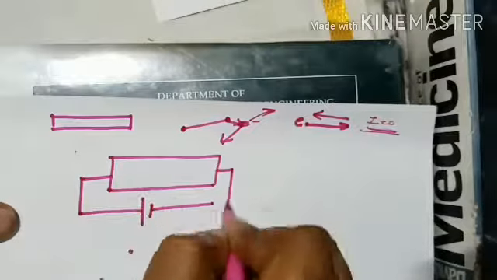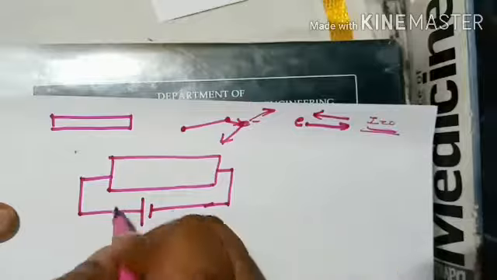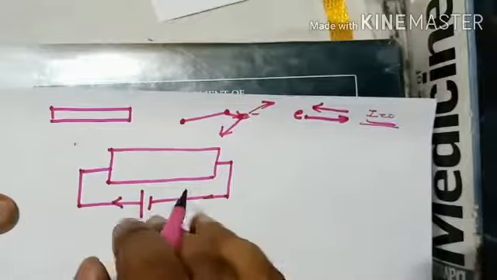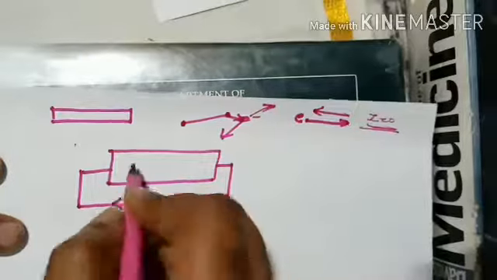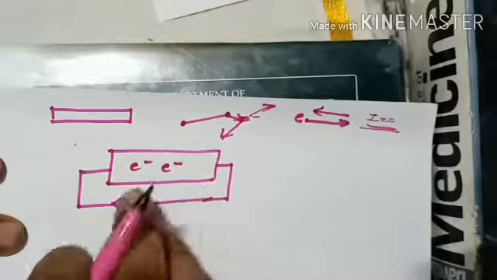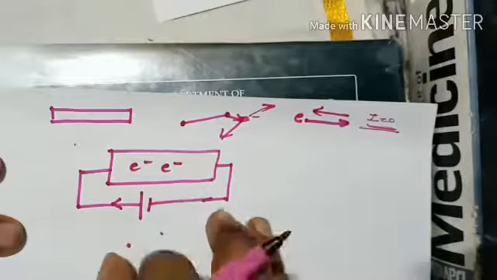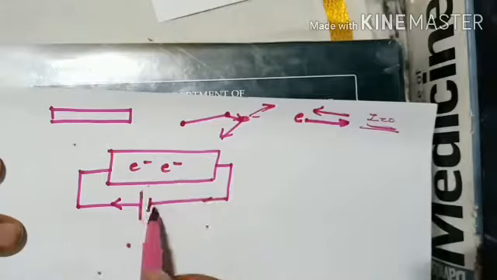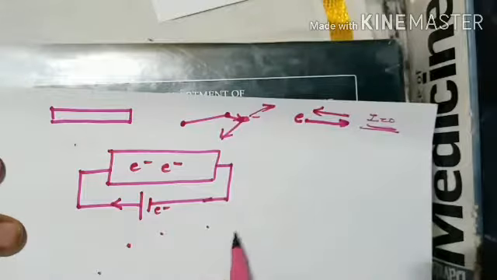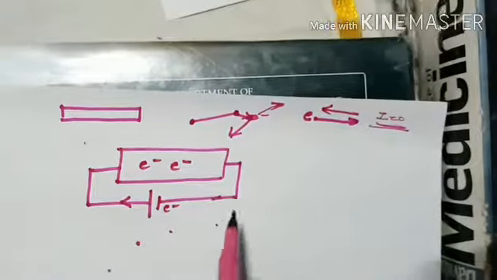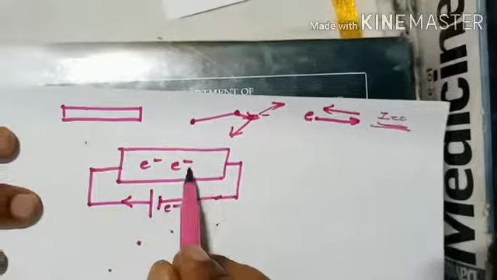Now what happens when I connect a charge or a voltage source to this conductor? I have connected a voltage source, right? So current always flows from positive. Now what happens to the free electrons here? These free electrons are now getting direction. And the negative terminal has electrons, so electrons and electrons repel, right? These electrons will be pushing the free electrons of the conductor.